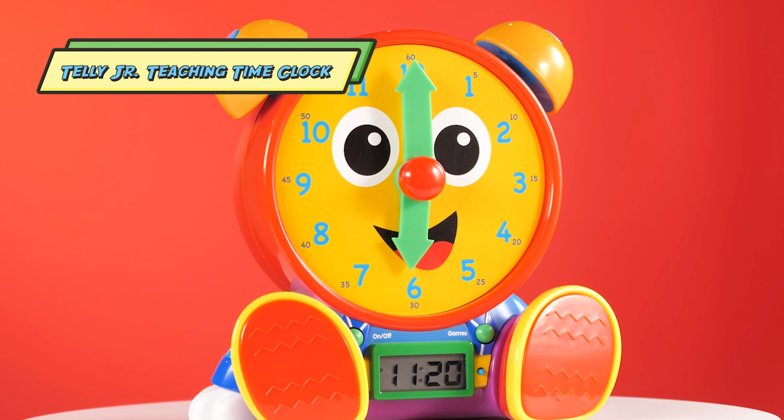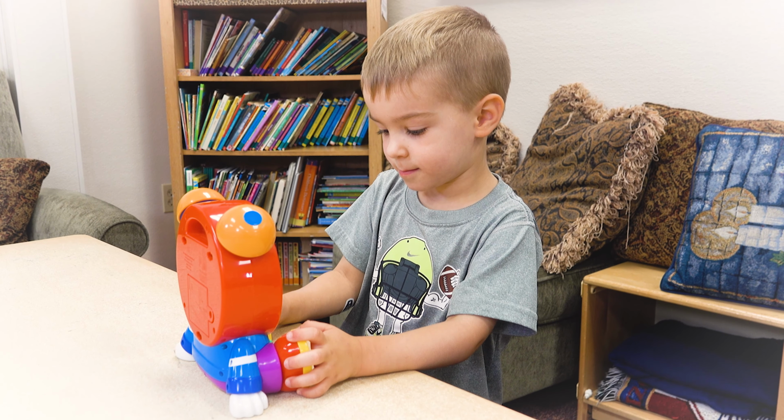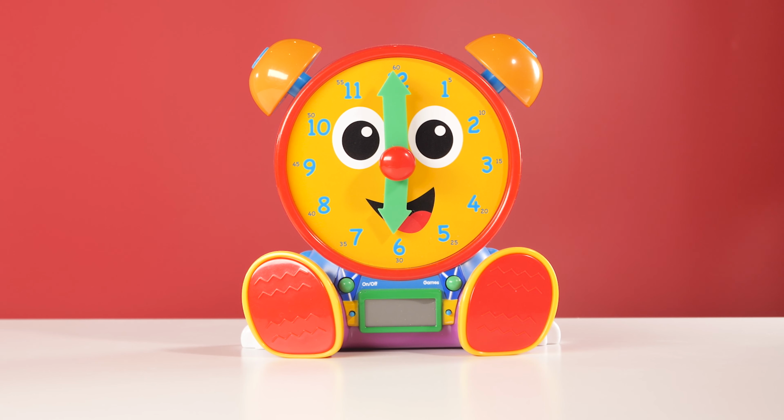Teaching Time Clock. Hi there, I'm Telly Jr. and I'm going to help you learn how to tell time. Learning time has never been easier than with the Telly Jr. Teaching Time Clock. Just move my hand and I'll tell you the time. Great, the time is now